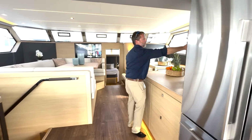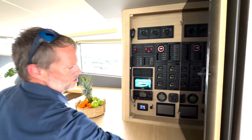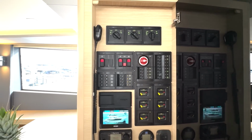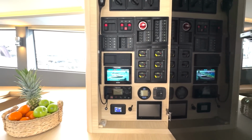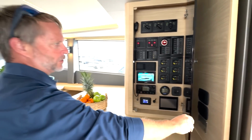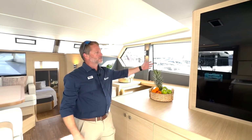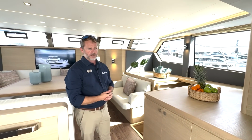To starboard, as you walk in, you've got your master control center. So this boat is digital controlled through Salon. Fusion stereo system. We also have a Spot Zero water maker on board here, as well as a generator, and then our climate control system. So very easy to use. All of the electrical access is behind there, so you can step back and easily access,